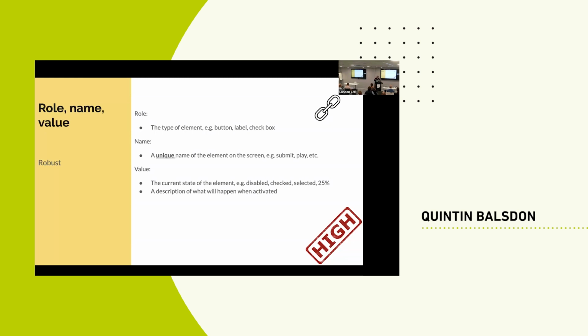I have to go POUR, right? This is robust. So this one can feel like the most complicated, but if you do this, you're probably like, I won't give you a percent because then I'm stuck with it because this is recording. But you're doing a lot of work when you do role name value, right? So the role is just what this thing is, standard control. How does it boil down to a standard control?